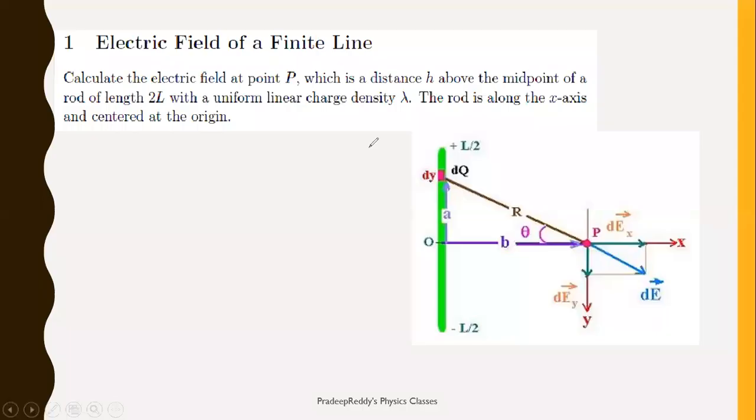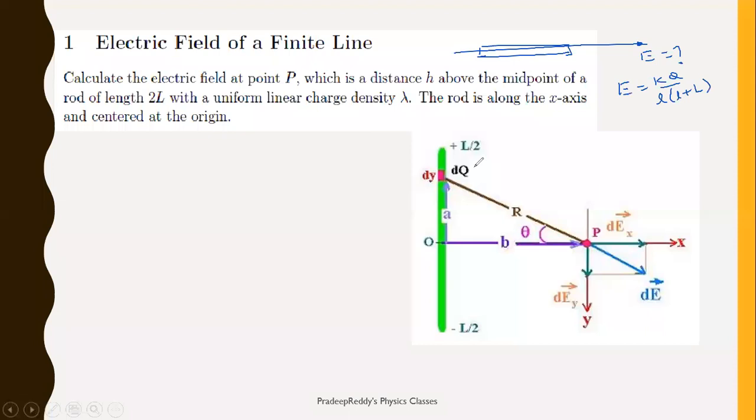So previously we calculated the electric field due to a rod. On the axial line, we calculated the field and got its value: E is equal to K capital Q divided by small l into small l plus capital L. This is what we obtained for the electric field due to the rod on the axial line.